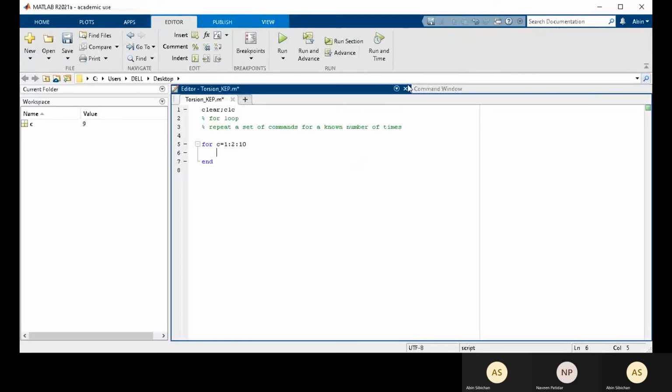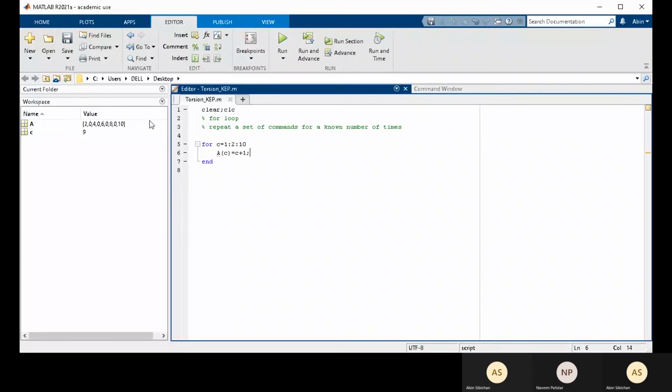Suppose I want to build up a matrix, I want all this to come into a matrix. What I can do is I have A of C. This will create a row vector with the index C. A row vector is 1 by C, so there will be a number of columns with one row.